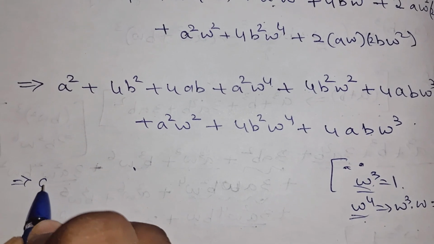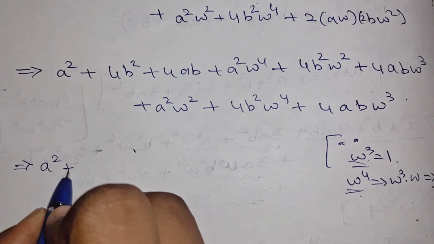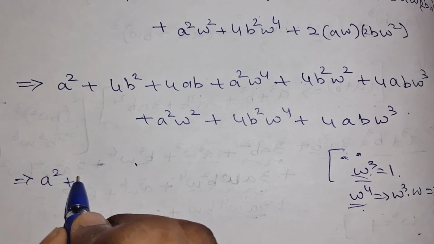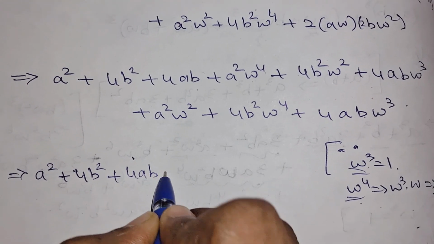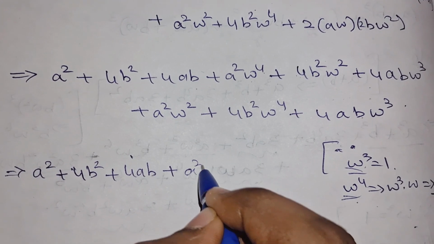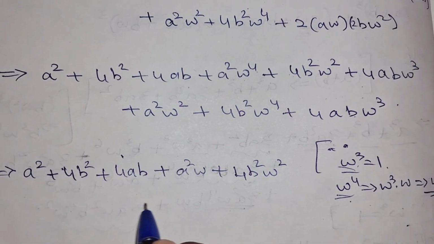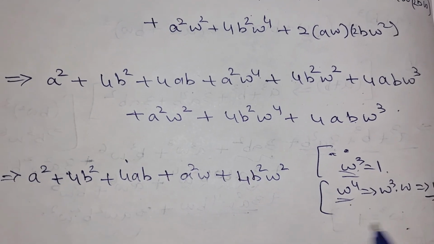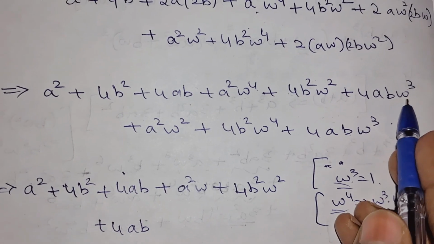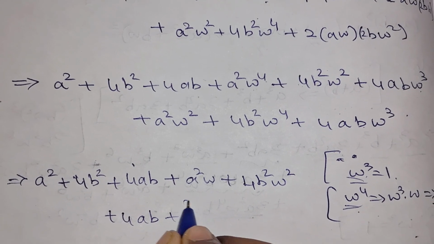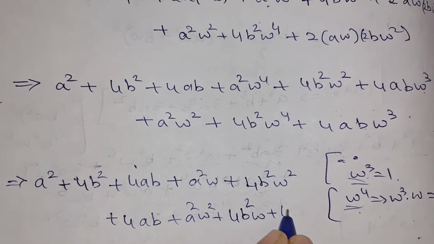So if you substitute, we get 4a square plus 4b square plus 4ab as it is, plus here you will get a square omega plus 4b square omega square as it is, then plus 4ab we will get, because omega cube is 1, plus a square omega square plus 4b square omega plus 4ab,